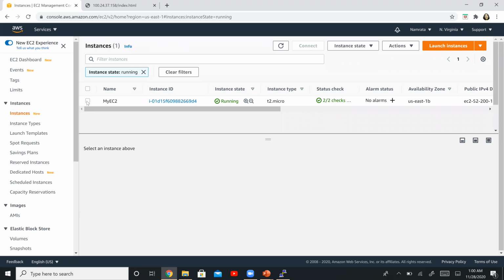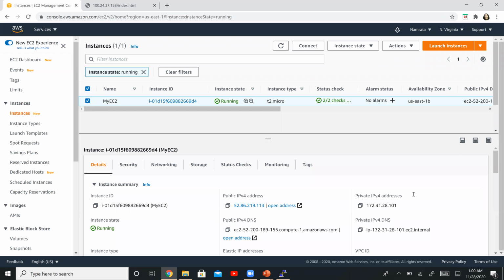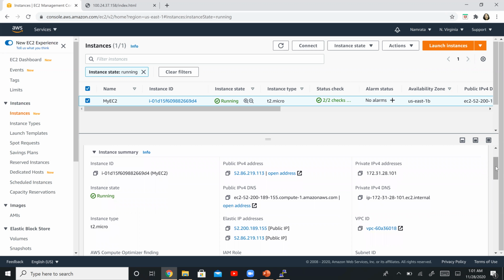Now select this, and you should be able to see two elastic IP addresses. You can see two elastic IP addresses over here. And this particular IP address that we had is no longer valid.